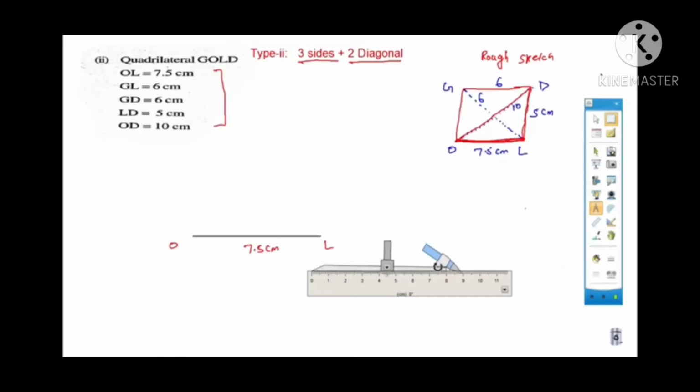5 centimeter. We can't take 10 centimeter here. The diagonal is 10 centimeter, so we can't take that. So we have to take the measurement exactly. Okay, that is 10 centimeter. So with O as a center, draw an arc, not cut an arc, sorry my dears, draw an arc with O as a center that measures 10 centimeter.